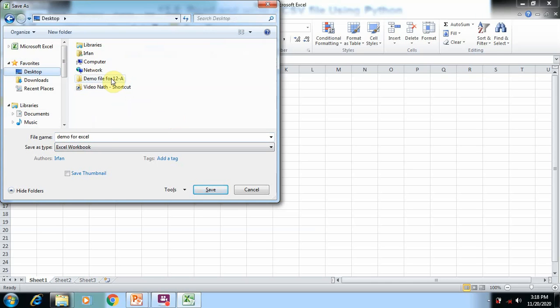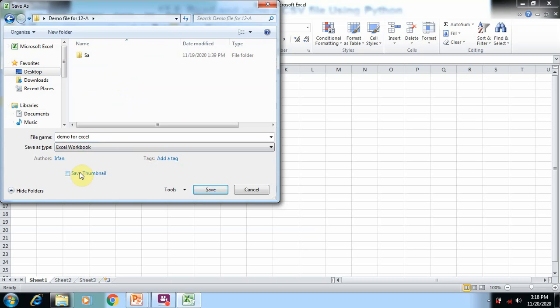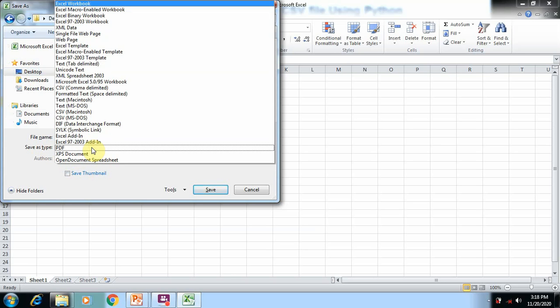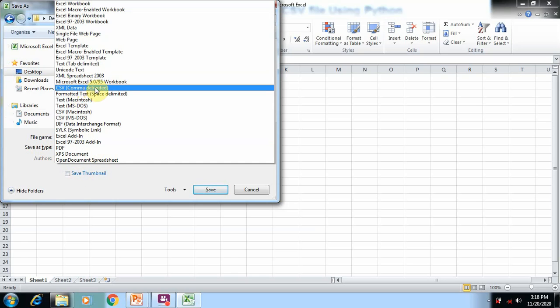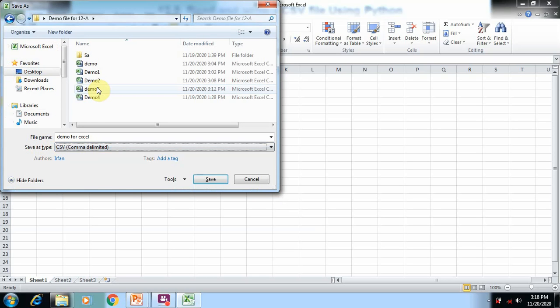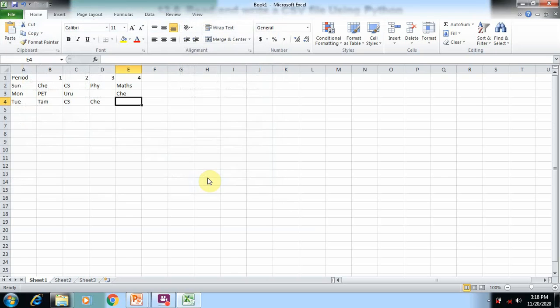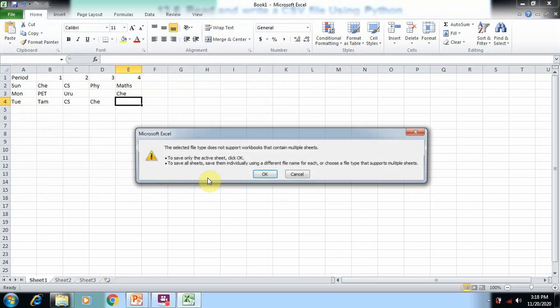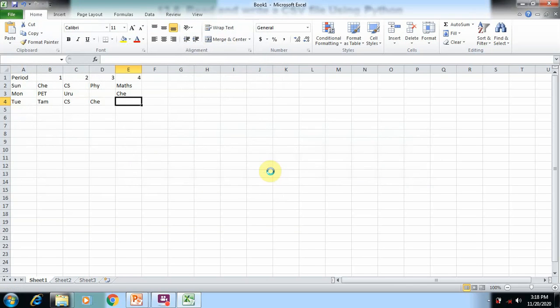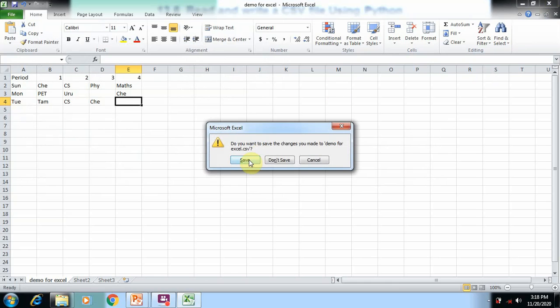This is the location where we store all the CSV files, and after that in Save As Type we select CSV comma delimited. This is the option we should select. After that press the save button. Now the file which we stored is converted into a CSV file. It will ask some questions and you simply press OK and Yes, and then close the Excel file,